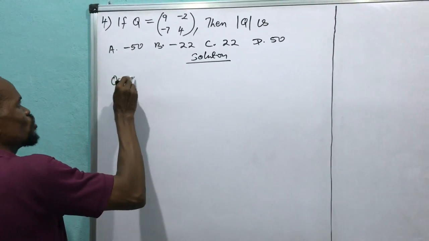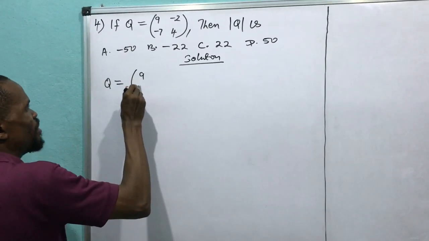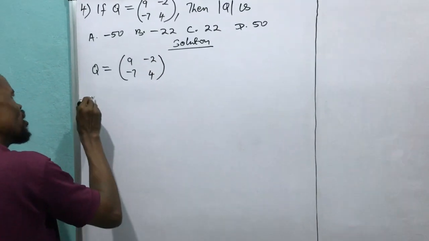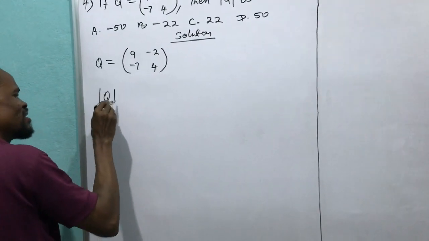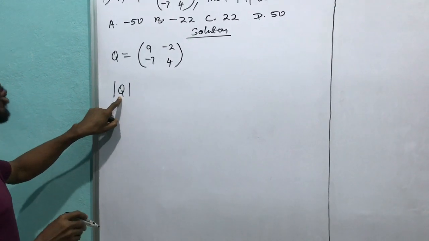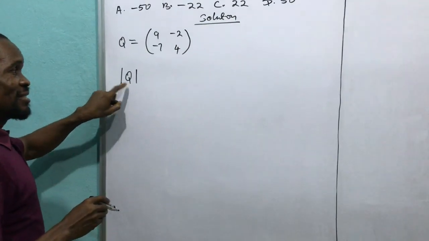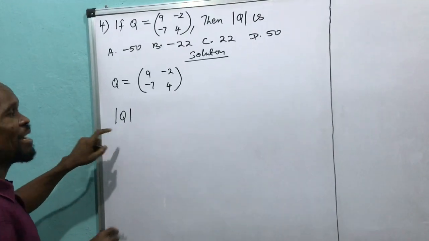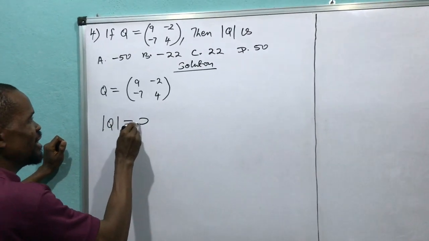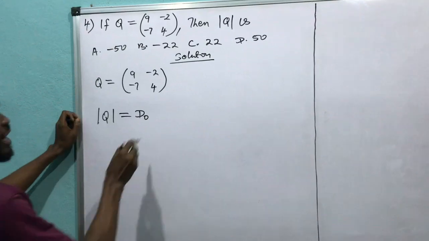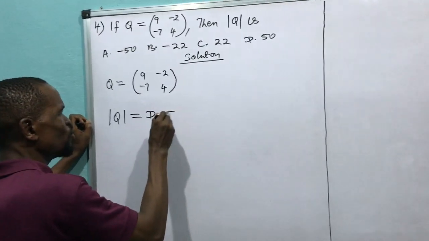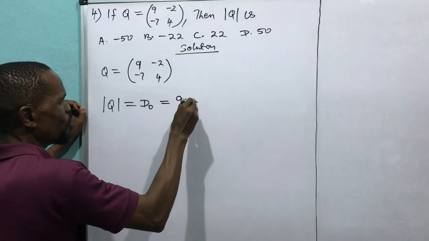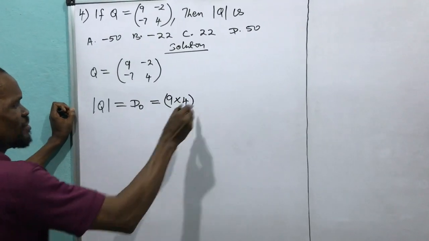Q equals 9, minus 7, minus 2, 4. Then what does this mean? You should find the determinant. This means the modulus, which is called the determinant. Then the determinant of a 2 by 2 is equal to 9 times 4 in brackets, minus